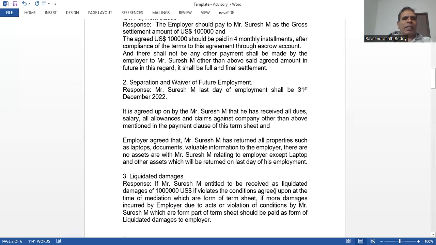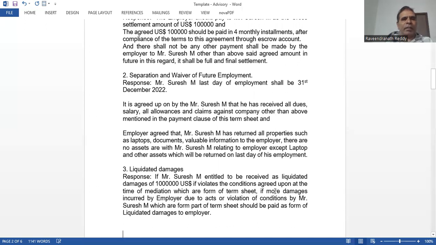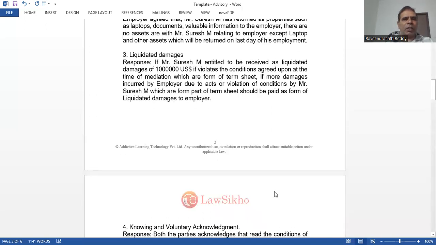So in this, what we said is the payment for agreeing to the termination, and how the payment should be made. That payment should be made after compliance with the agreed terms in the term sheet. Next clause,